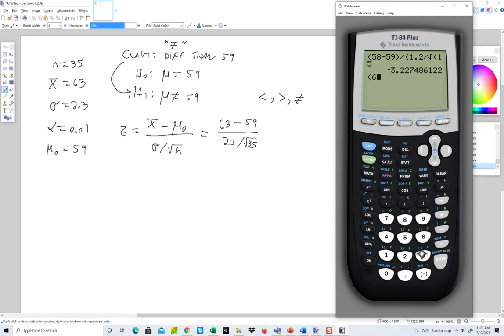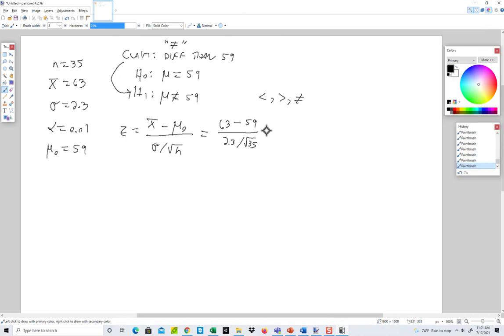So 63 minus 59, in parentheses, of course, divided by 2.3, divided by square root of 35. So second x squared and 35. And enter. And we got a very extreme value here, so this will be interesting. 10.29. Okay. So 10.29